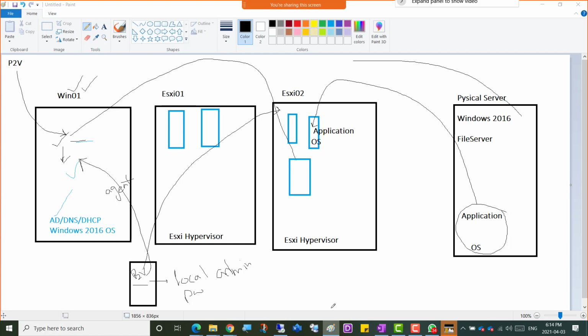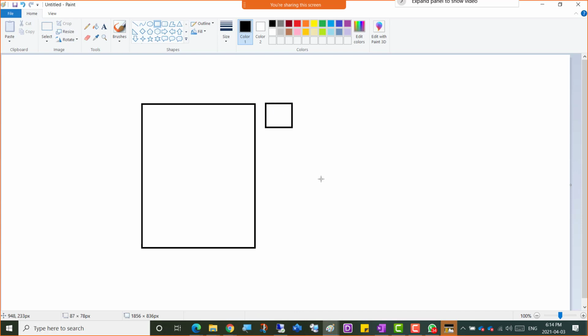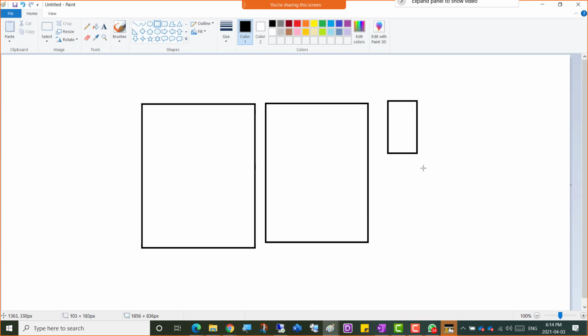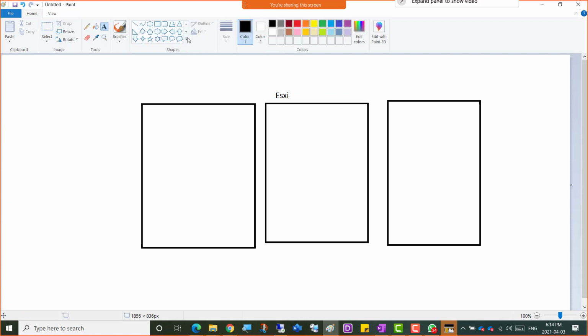So suppose you have ESXi hypervisors here, and now the ESXi has obviously the data stores that are coming as well. So if you're creating a data store, if you already have a data store here,